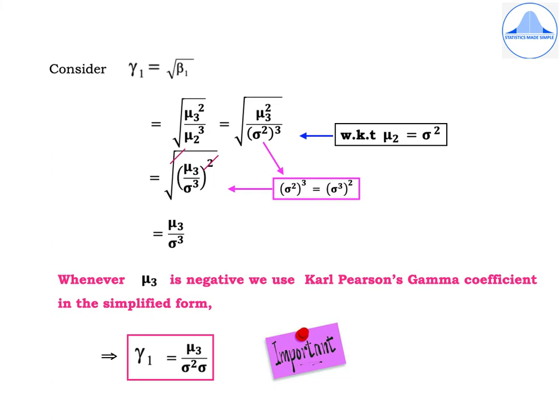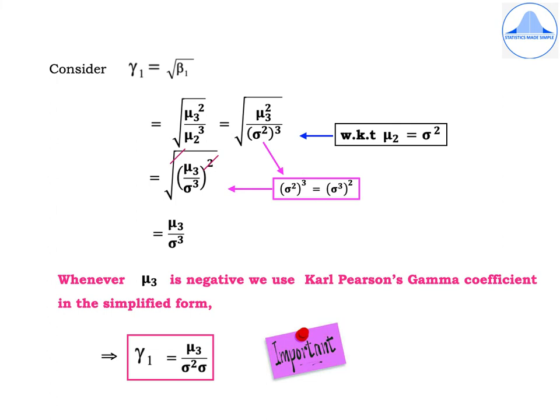So in place of mu 2, we are replacing it by sigma square. So which will be equal to root of mu 3 divided by sigma cubed the whole square. Please understand this step very carefully. Then you'll see that the root and the square will get cancelled, and we are left with only mu 3